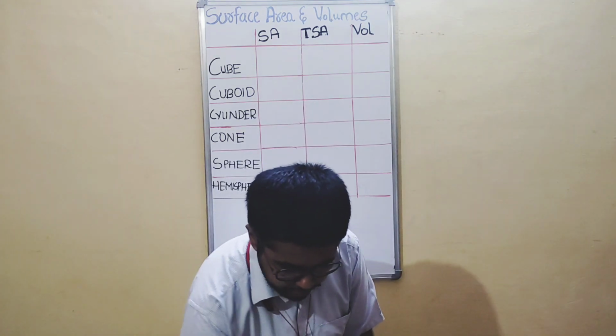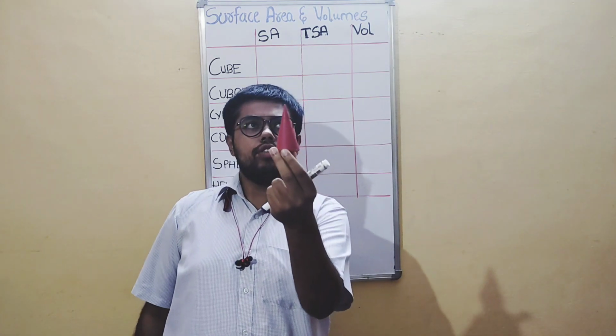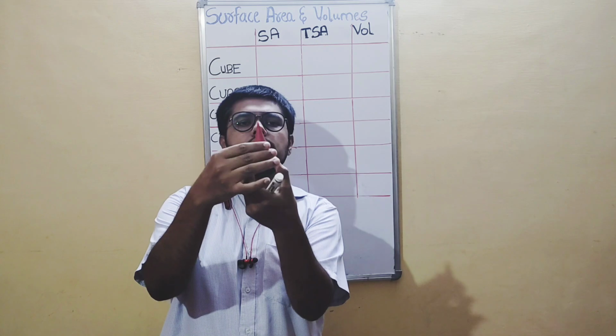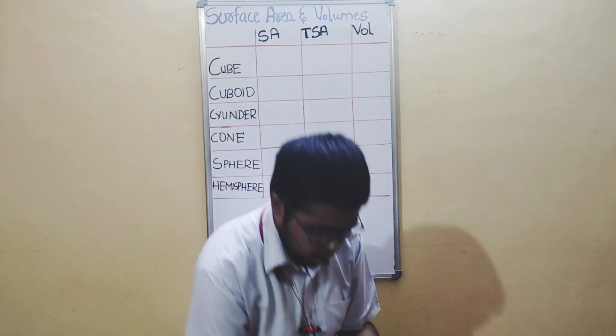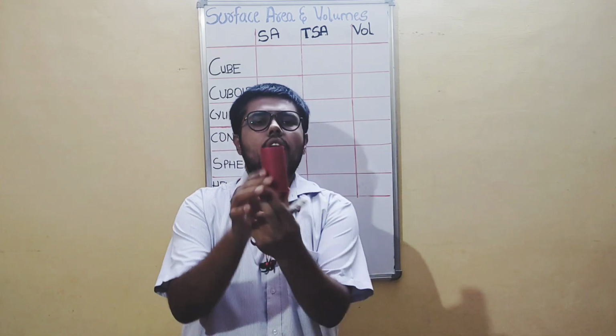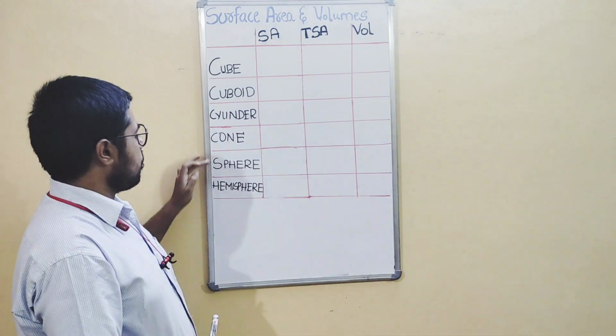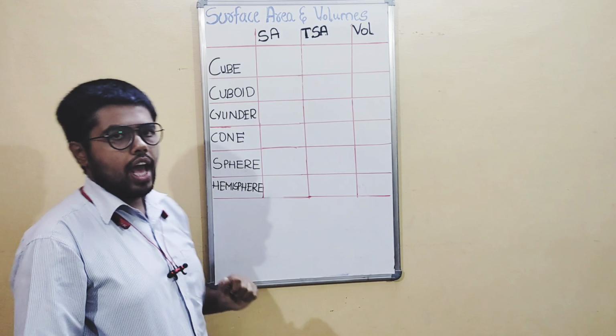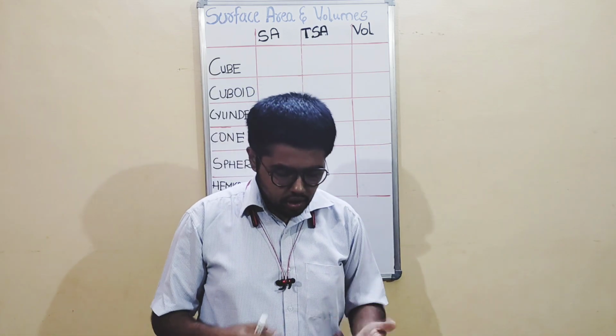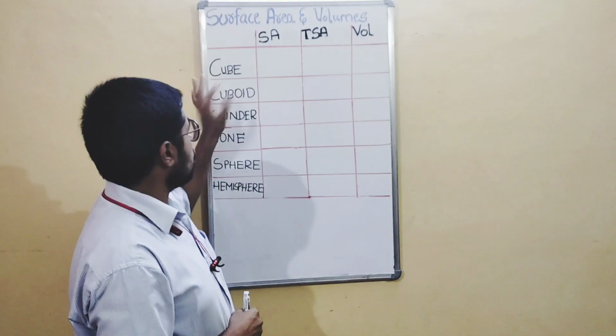Or I have a cone here. If you see the cone, it has curved surface area. Or if you see the cylinder here, it again has curved surface area. So the curved surface area comes to these 4 figures, and cube and cuboid have lateral surface area. Okay. So now let us quickly go to the cube formula.